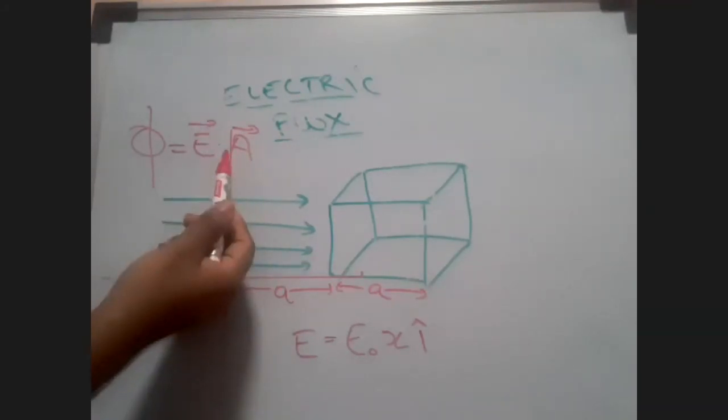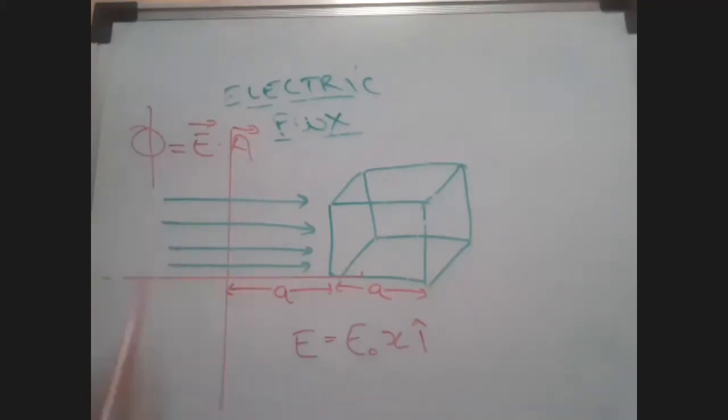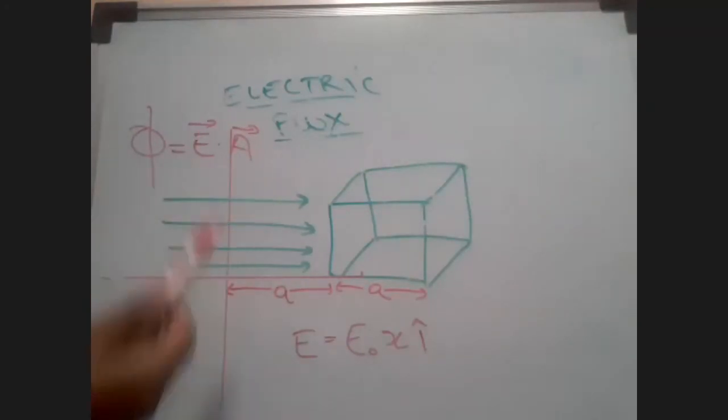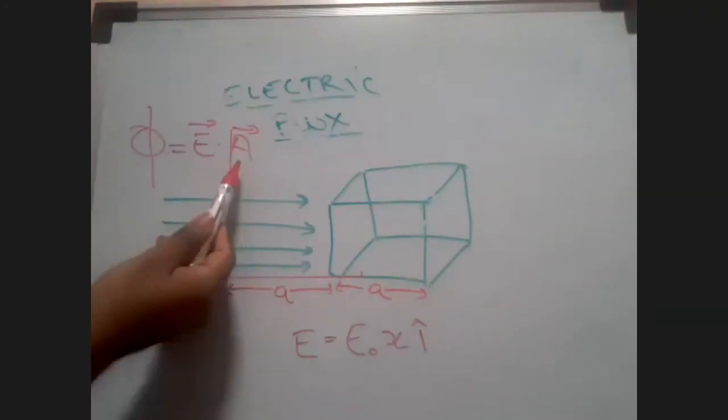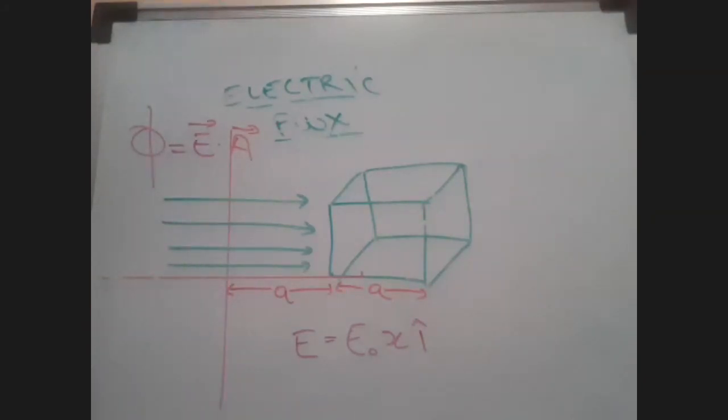If the area vector has a 0-degree angle with the electric field line, then you're going to get how much? Cos 0 is 1, so you're going to get the maximum output. If the electric field line and the area vector have a 90-degree angle, then cos 90 is 0, so you're going to get a very low value. And if you go to values of theta above 90 degrees, you're going to get negative values, so the flux will be negative. So you'll get values lower than 0.